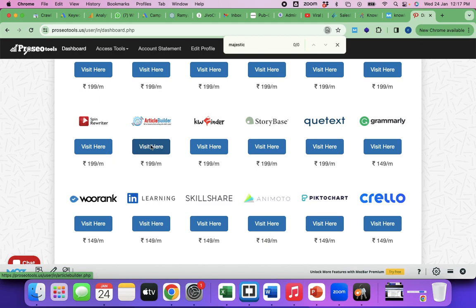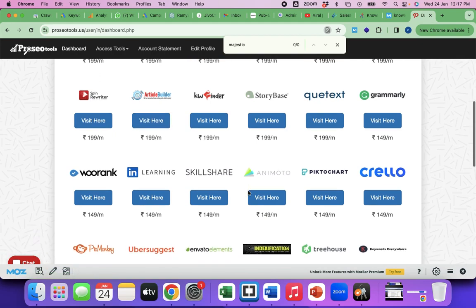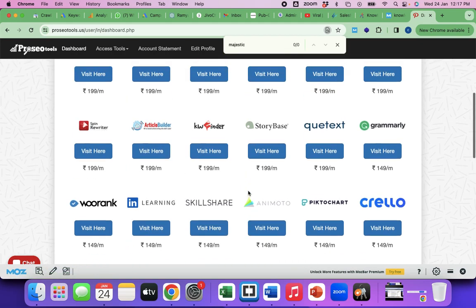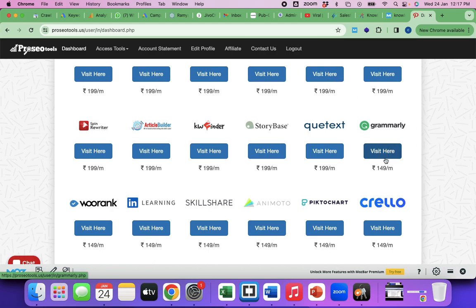So Grammarly is also there. Grammarly paid version gives you a better outcome. Long back I had registered for an account, and they just deducted 12,000 rupees automatically.